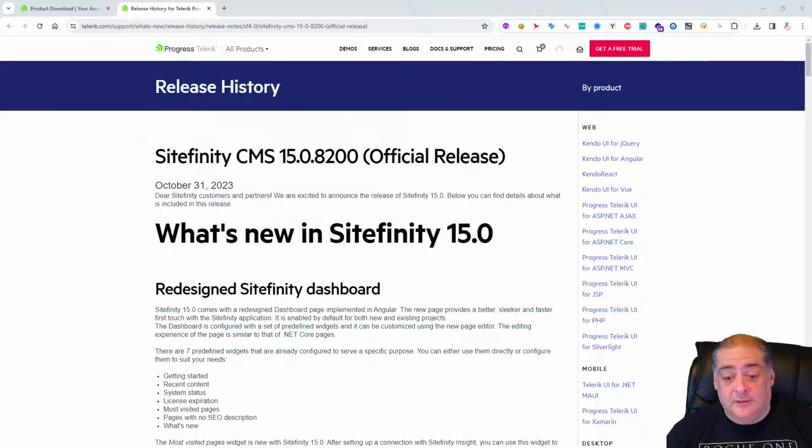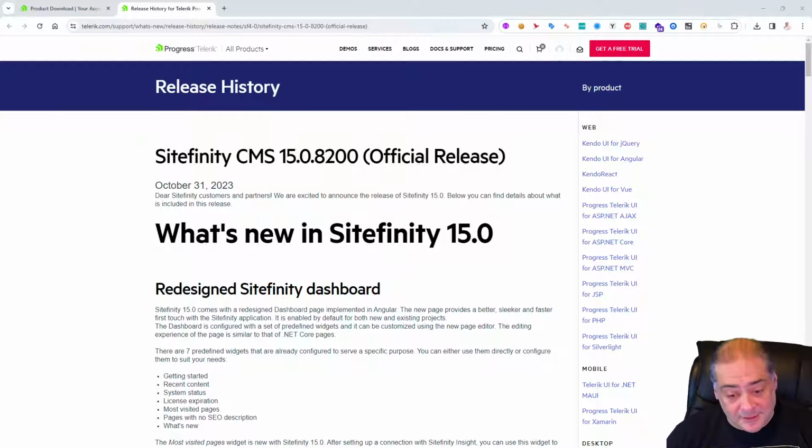The best way to start is to open up Visual Studio. There is no more Project Manager, so you cannot download something from the Sitefinity website to start creating an application for Sitefinity 15 using Project Manager. That has been deprecated, is no longer available. So you'll have to do it actually from the CLI if you're using .NET Core or directly from Visual Studio